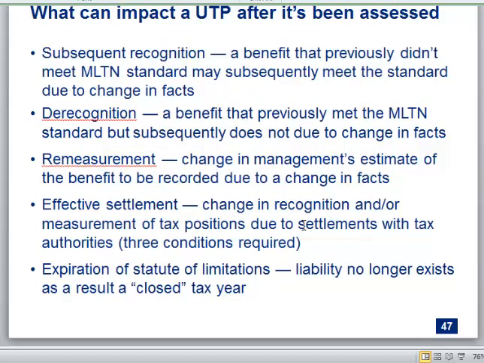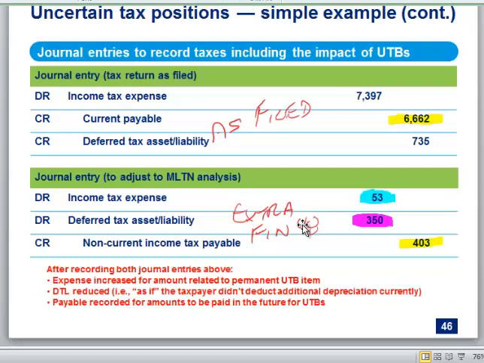You're saying the DTA is essentially a plug? Well, the DTA is not a plug. The DTA basically represents, look, if the taxing authority comes in and says you depreciated too much, you owe me more tax, then you'll just say, okay, well, fine, it's depreciation, it's timing. If I don't get it now, I get it in the future. So fine, I'll accrue more payable, but I also have to accrue a DTA now because you're saying I'll get a future deduction. You can't have one without the other if it's a timing item, is the point. So you would go through this as well whenever you do a provision to return? Absolutely. You would go through this whole page and you would do it again based on your actual facts.